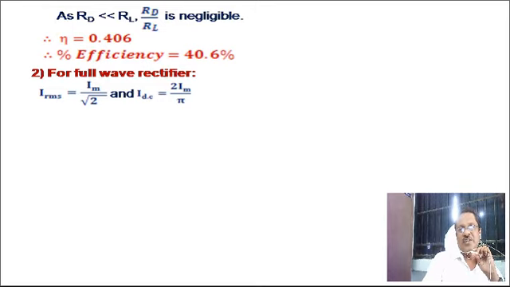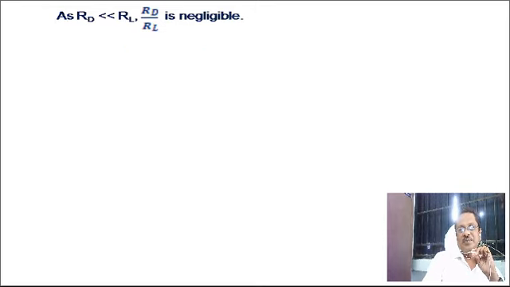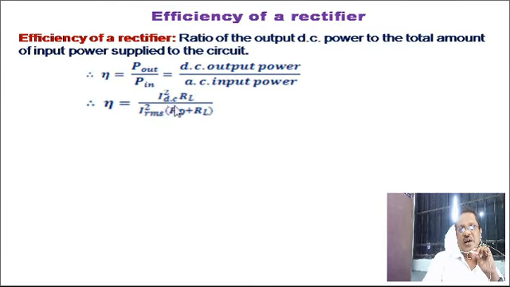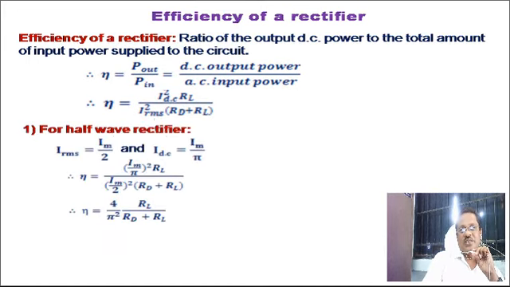Now the efficiency of rectifier equation is, we are again going back, eta equal to IDC square RL upon IRMS square into RD plus RL. We substitute the value of IDC and IRMS here. IDC, that is twice Im upon pi, and IRMS is Im divided by root 2. So after substituting these values, we will get